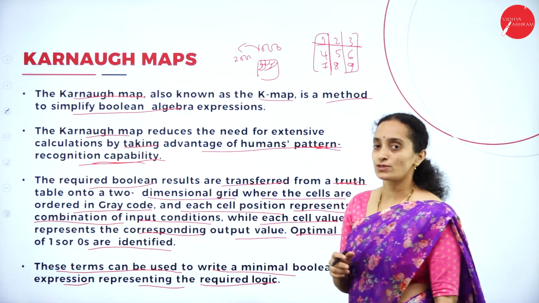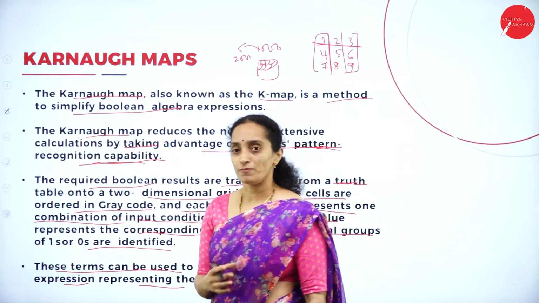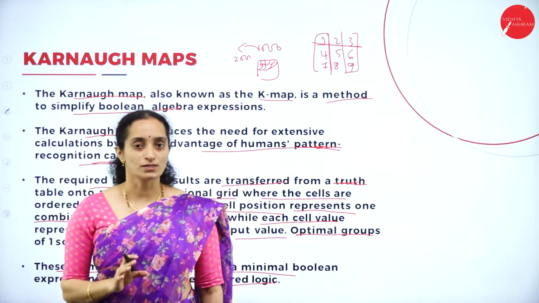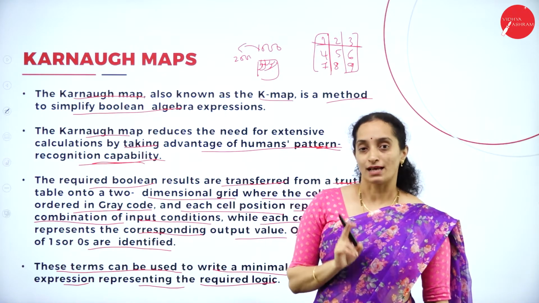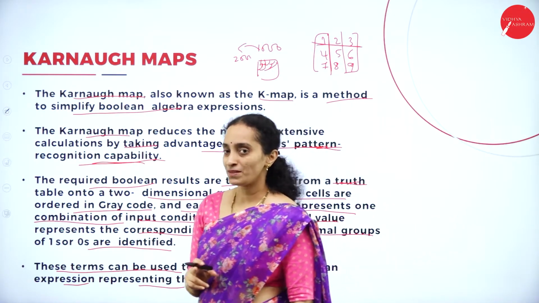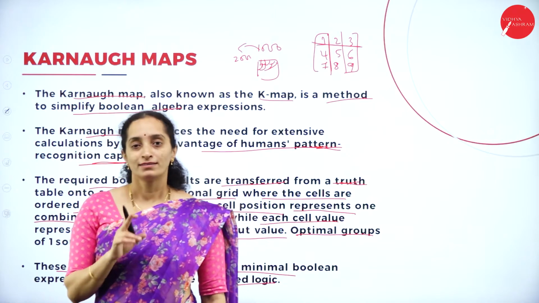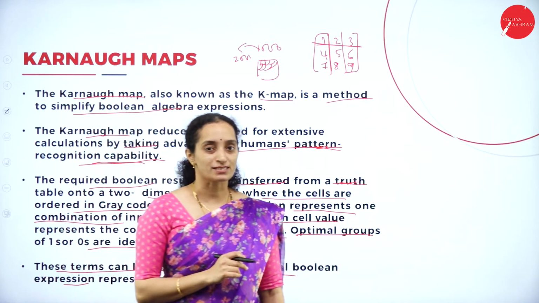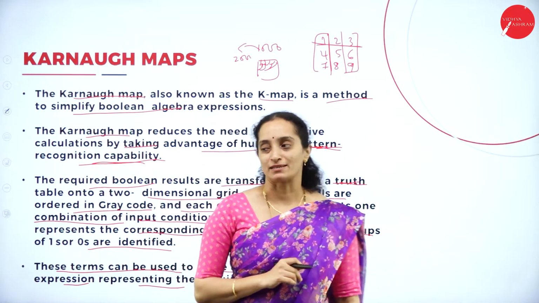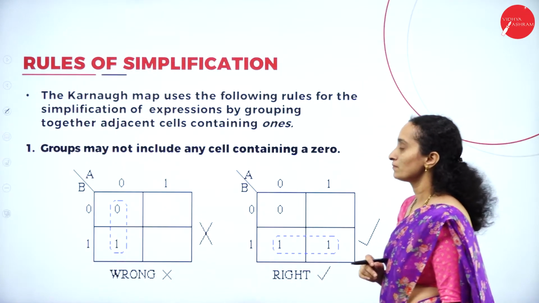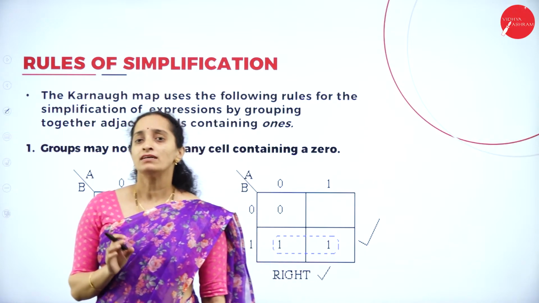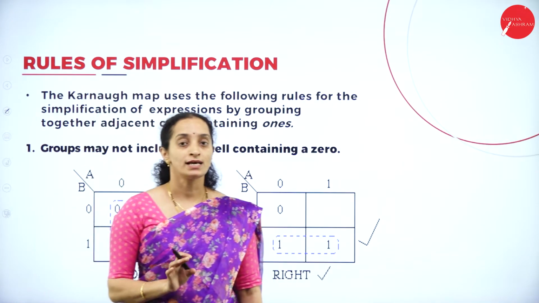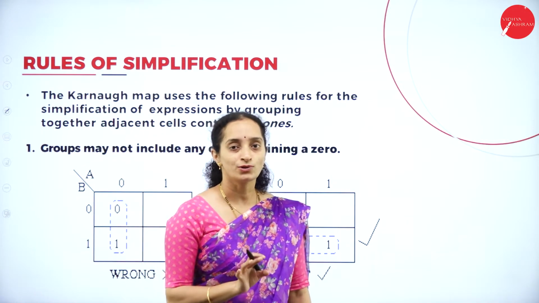Now coming back to the concept of the Karnaugh map, it uses a map, not exactly the map from social science, the map of the world, but a map of the expressions. Which expression? Boolean expression. All right. Here, for simplifying in a Karnaugh map, we have some rules that must be followed to minimize.